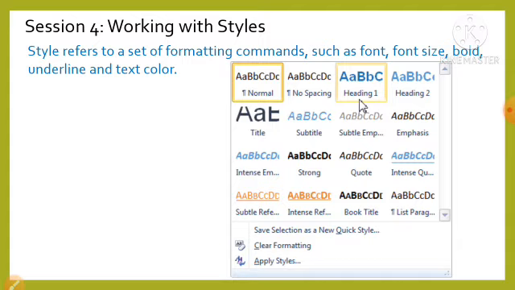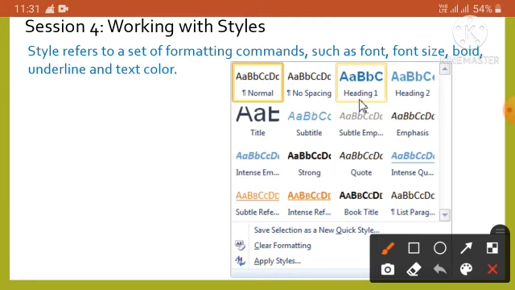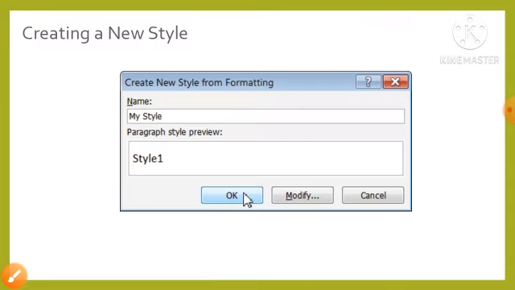We can apply styles from the Quick Style gallery or the Styles task pane. Here is the Quick Style gallery. You can access the built-in styles by clicking the More button under the Styles group of the Home tab, and then select the style from the Quick Style gallery as shown in this figure.